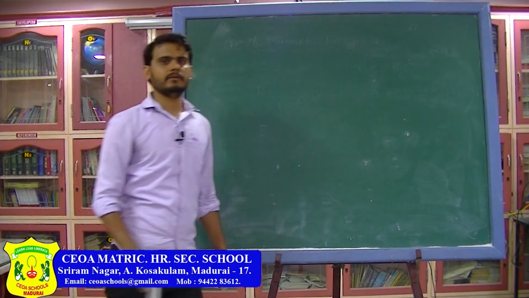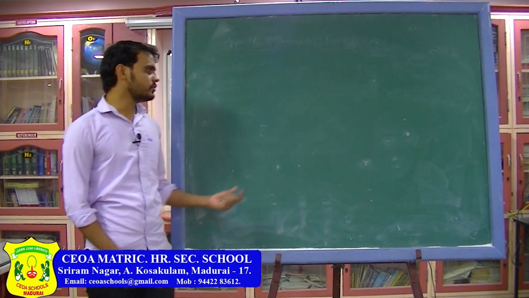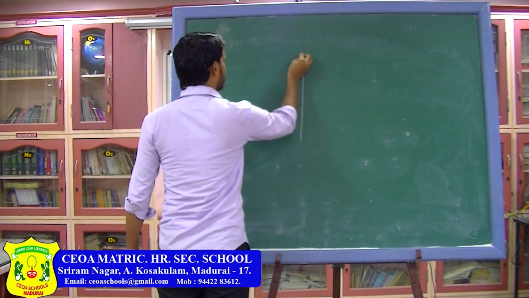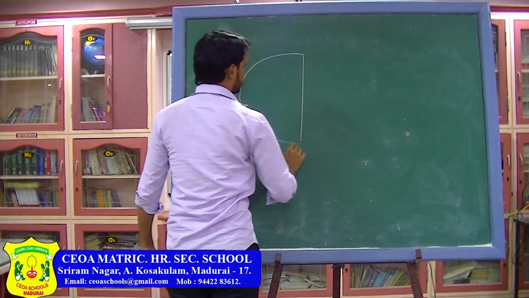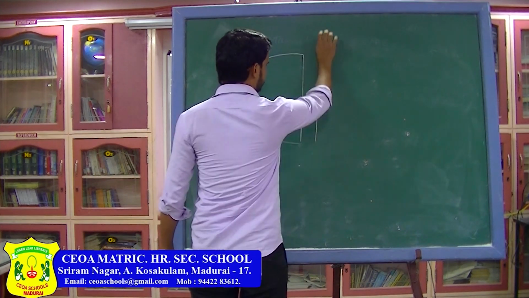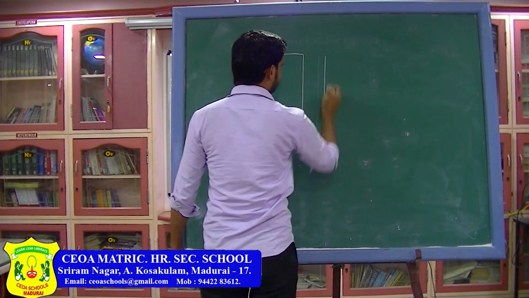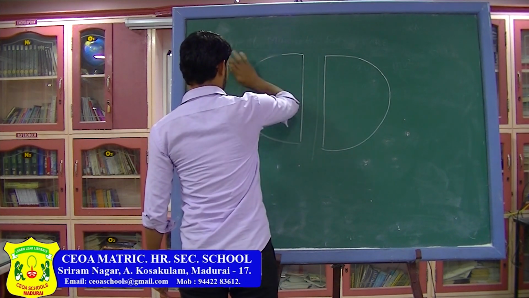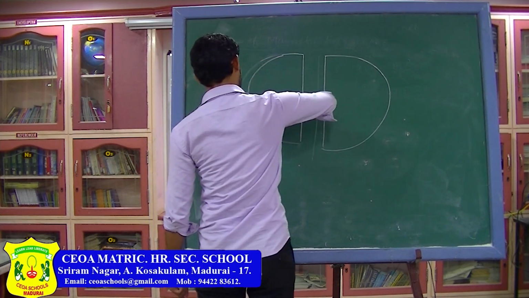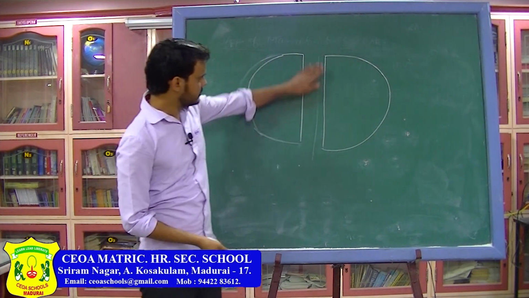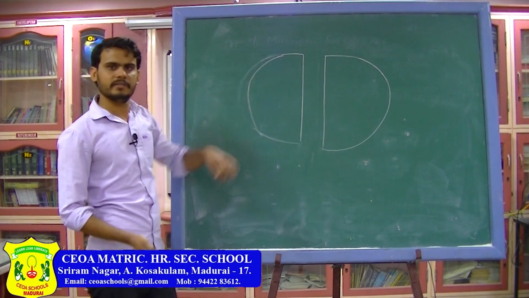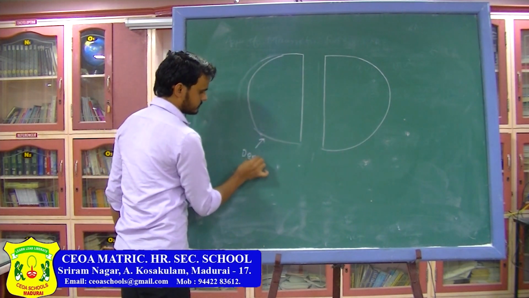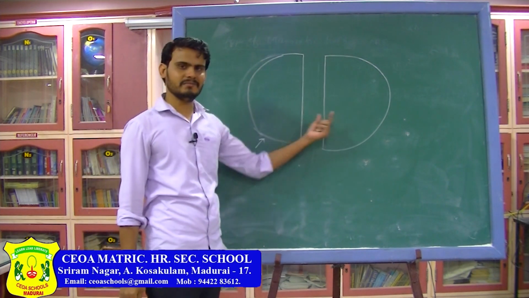The actual picture of cyclotron you can Google. I am just going to draw a rough diagram of how the cyclotron looks. So in cyclotron you basically have two hollow discs like this. So you have two circular discs, and between these discs there is some gap. These are the discs, and we are seeing the top view of the cyclotron. These D shaped discs are called Ds, and these are made up of conducting material.